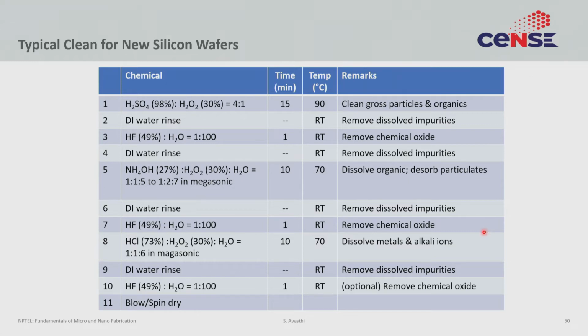After that, the wafer might become hydrophobic. So you may not need a rinse step because, being hydrophobic, the water doesn't stick to it. So you might then immediately go to the HCl step or the SC2 step. Again, do the DI water rinse. These rinses are extremely important. This is where the cleaning actually is occurring. Then you may again want to remove the chemical oxide using an HF dip, and finally you may want to spin and blow dry. Okay. So it looks complicated, but that is what you have to do before critical steps.